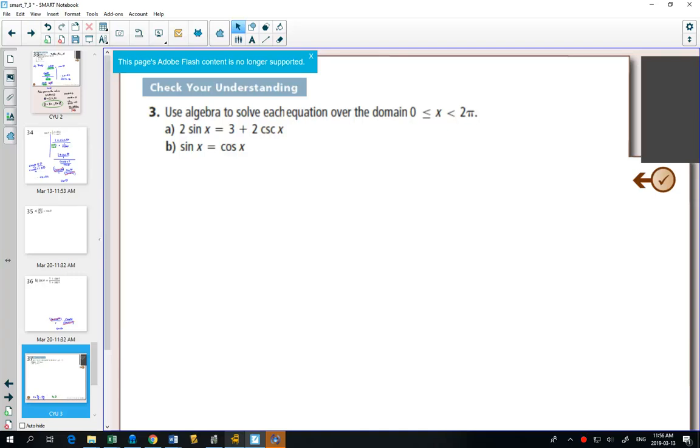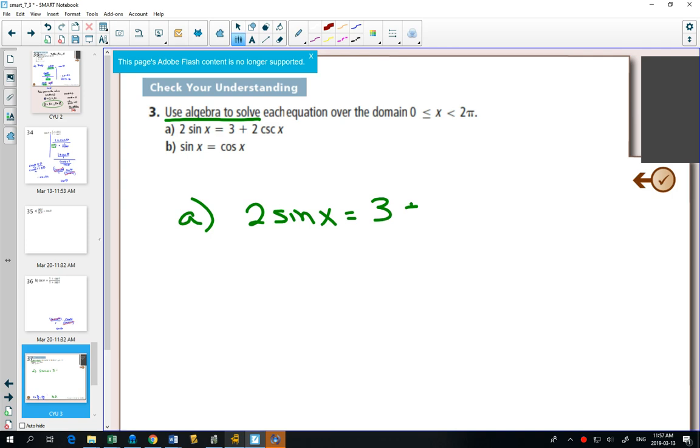Use algebra to solve. Okay? This question does not say prove. It says solve. That's very important. Now you can work on both sides of the equation. If I was solving A,